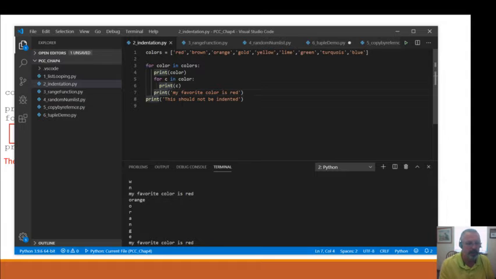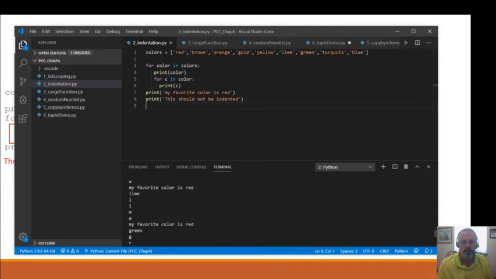I may want to say, I want this just to print once. Okay, so let's go ahead and run it again. And you can see down here, now we're getting the words, every word is getting redone. So here we go, here was the end of it here. Red, brown, orange, gold line. And so what we've done is we've created a nested for loop. But again, the indentation matters.